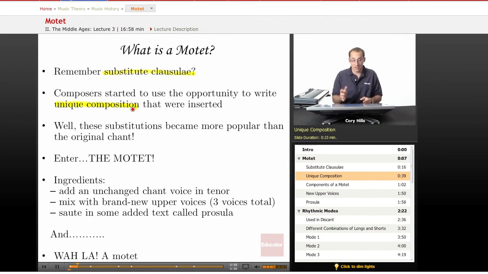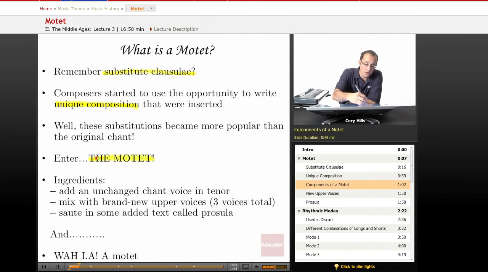That means they were freer. Well, the substitutions became more popular than the original chant. And that's when we get the motet, which is in reality the first song. So how do you get a motet? Well,